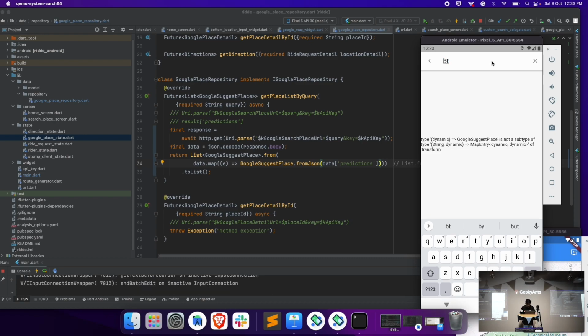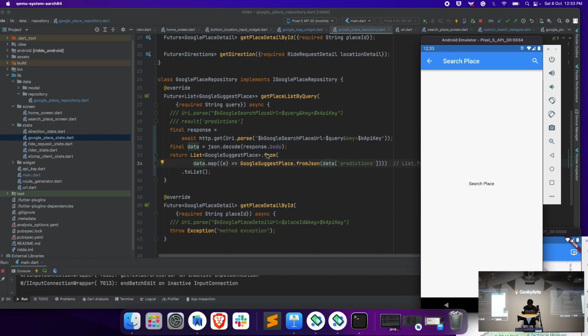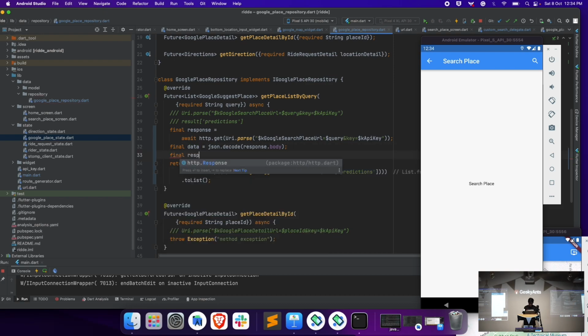Okay, we are getting the same error again for some reason. Let's see. JSON of data dot response data of prediction. So hold on. So what we will be doing, I will do this. This is a prediction list, I believe. So let's do one thing. Final response equal to, I will store this here, then I will map this, and then this is the same E here. Okay, then the response is,